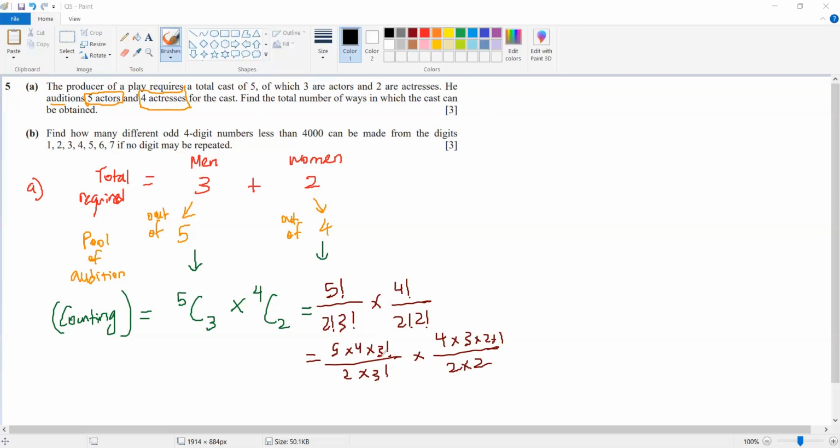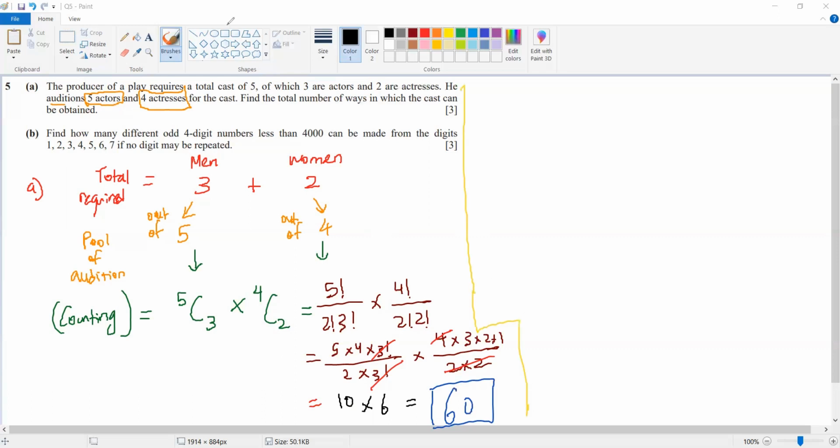Then we do a bit of cancelling and everything becomes simpler. Ta-da! So 4 is then cancelled again. So 5 times 4 and then over 2, 20 over 2 is 10. 10 times 3 times 2 is 6. And the answer is 60 for the first part. So for the second part,